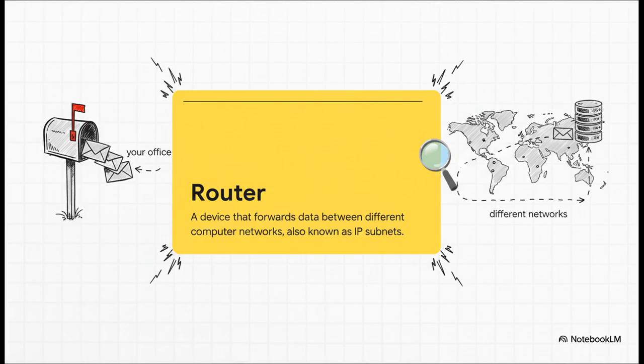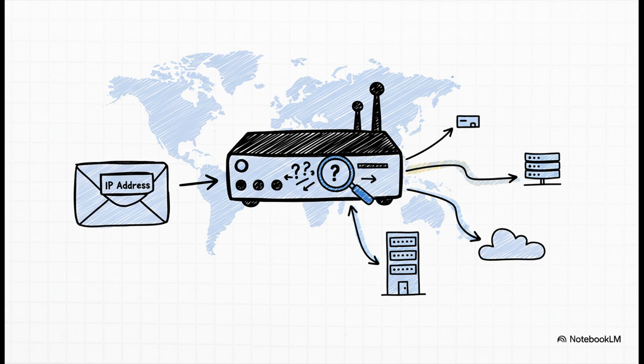of the planet. Now, you'll often hear that routers are Layer 3 devices. Don't let the jargon scare you. Think of networking like an onion with different layers. Layer 3 is simply the addressing layer. All this means is that routers use IP addresses, the unique street address for every single device on the internet, to make their decisions. It reads the destination address and says, okay, the best way to get there is this